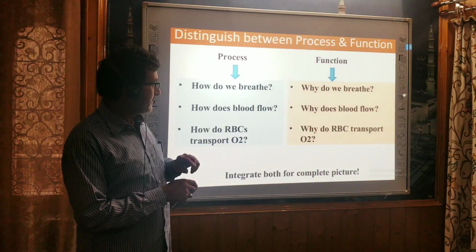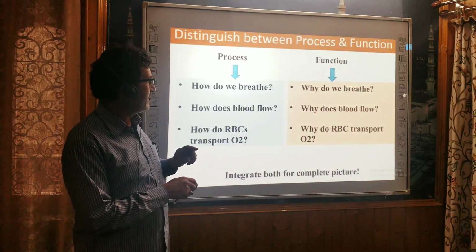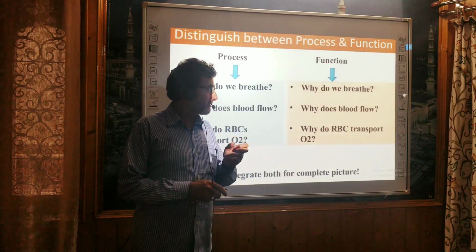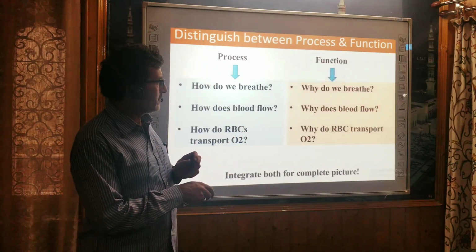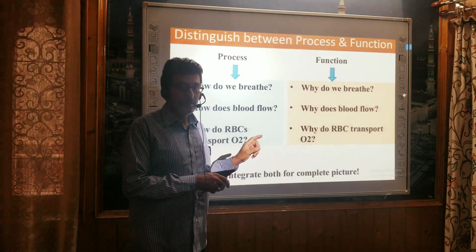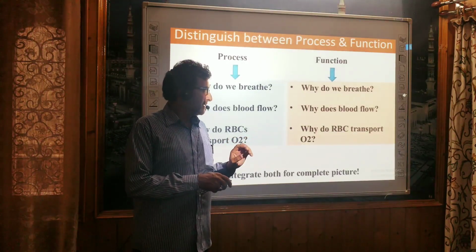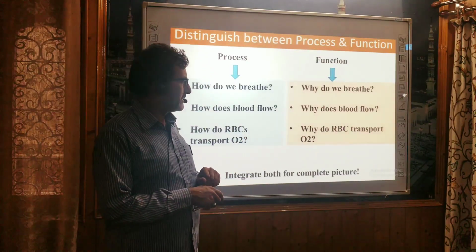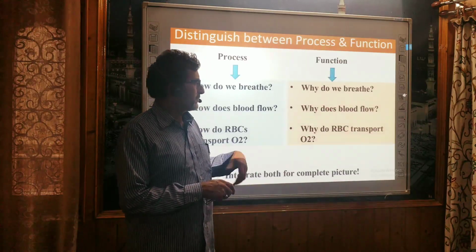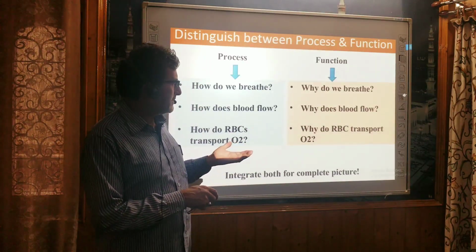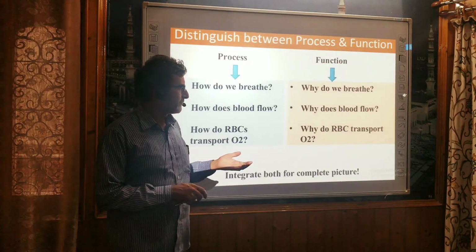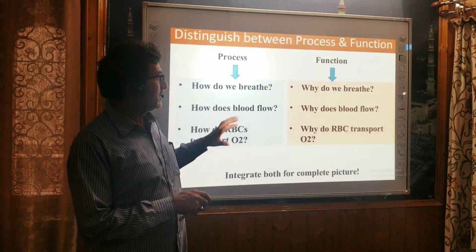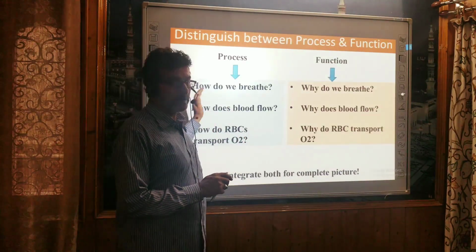There is a difference between respiration and breathing. Breathing means exchange of gas. Oxidation means when food oxidizes with the help of oxygen. So why does blood flow? Because blood circulates all the essential substances to body cells: the circulation of hormones, oxygen, carbon dioxide, water, nutrients, enzymes, etc., which help in metabolic function. Why do RBCs transport oxygen? Because oxygen is required for oxidation of food. So this is related to the physiology of each and every organ.